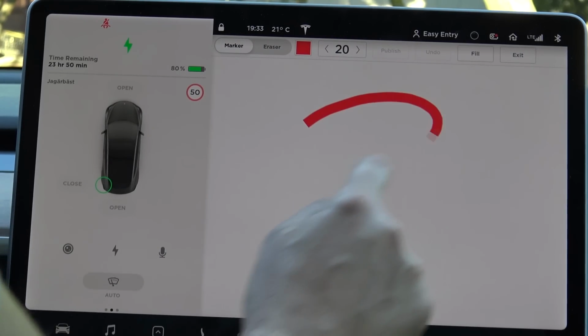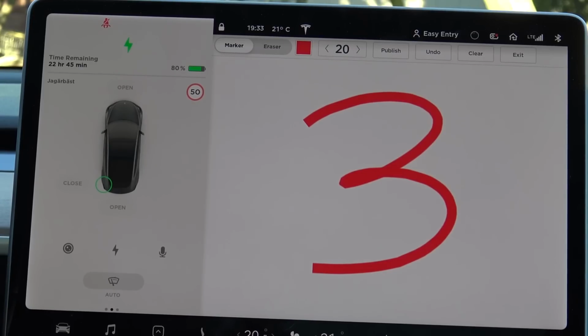Showing in the navigator what stall to use when arriving to a supercharger. Well, as you already perhaps know, the supercharger comes in pairs, which means that if someone is already charging on a stall, the second stall in the same pair will give less effect of your charge if you use this